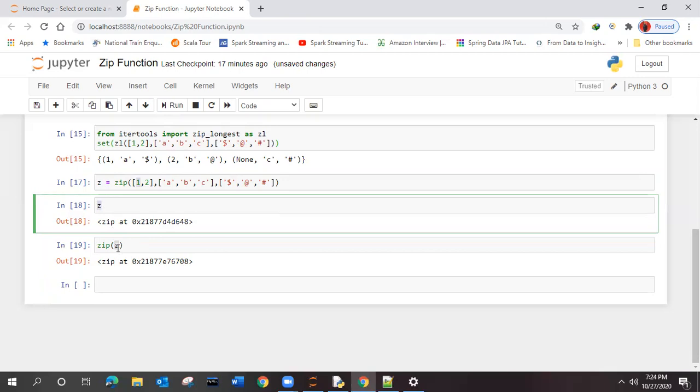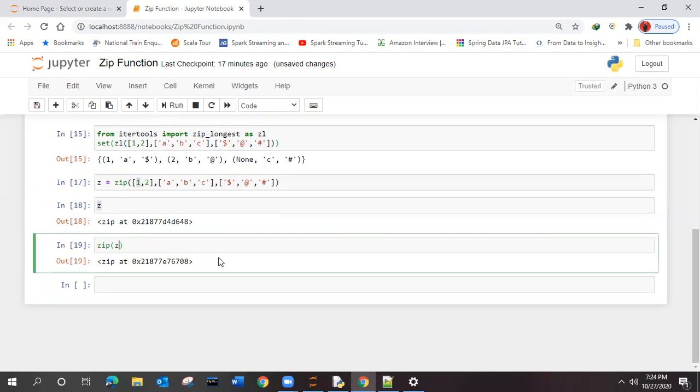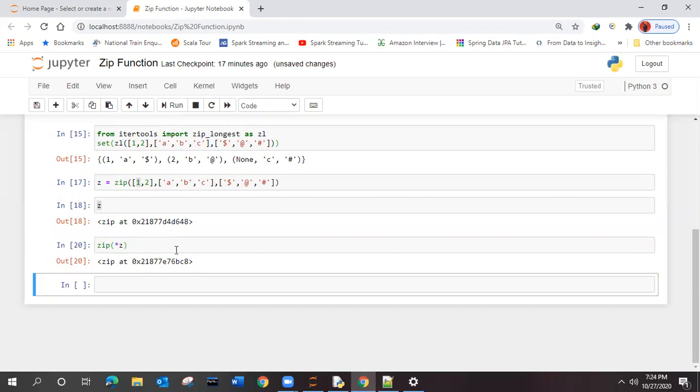So how to unzip it? You only need to put a star sign over here. Something is there, right?